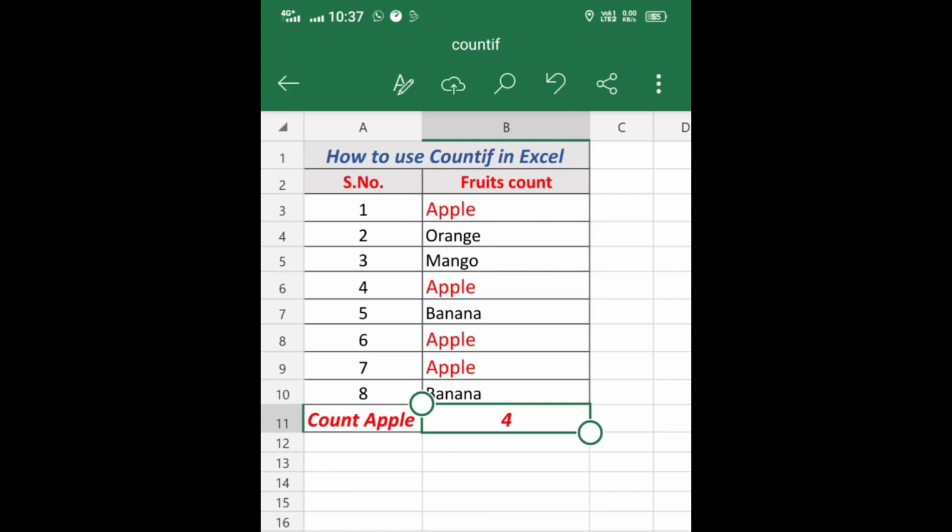So likewise we can do this for all the criteria. For orange, we have to take the orange count, for mango, the mango count. Based on that we can count a particular thing. Okay, this is only for this one. We can use this for some other purposes also. We can use